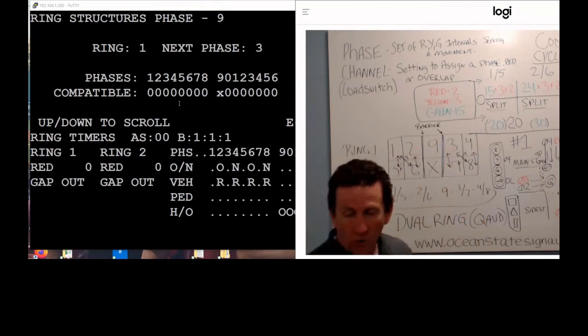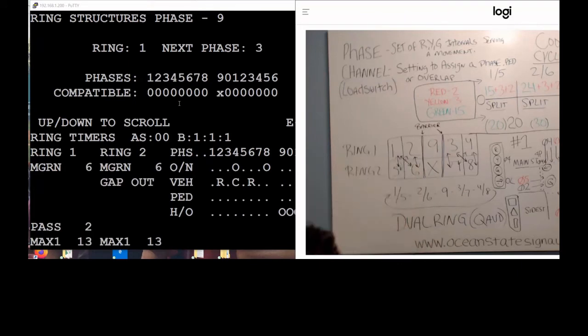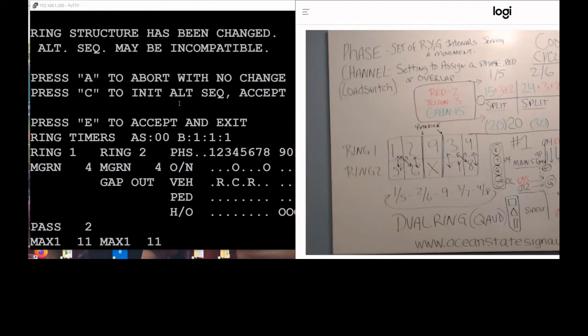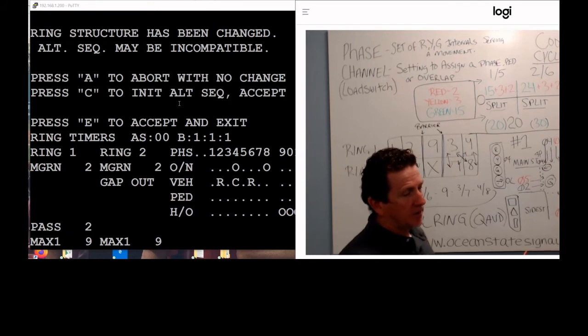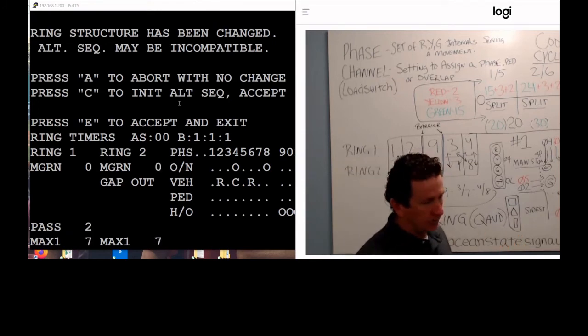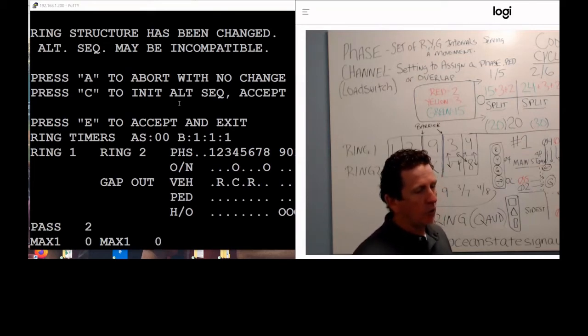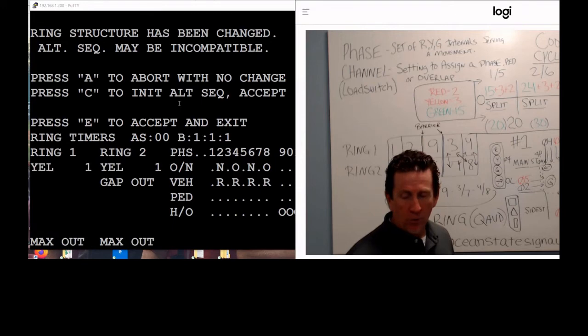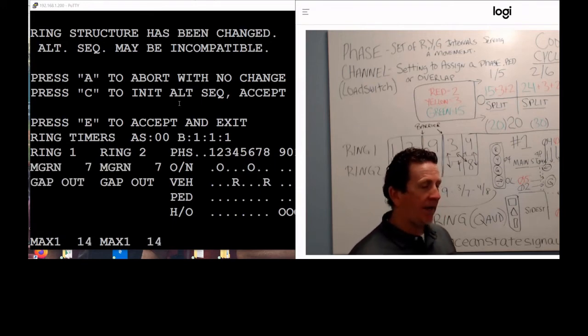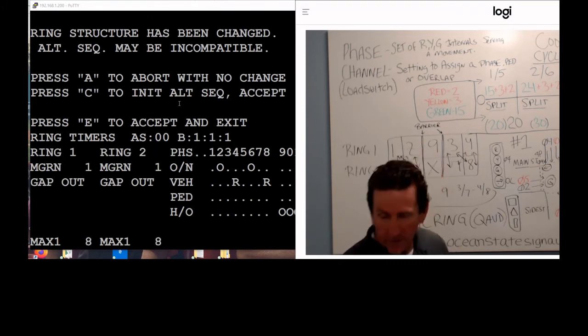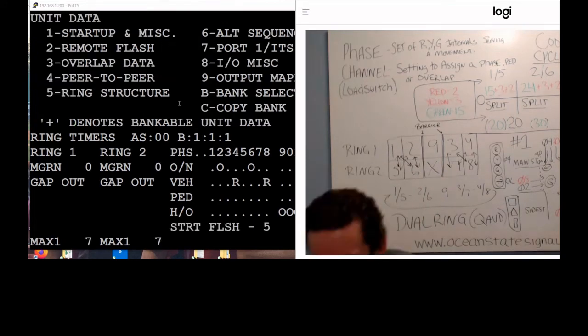Okay? When you're all done with it, if you did it right, you hit the F key, and you'll get these 3 messages. It'll say A to abort with no change, C to initialize, Alt sequence, we're not using that, or E to accept and exit. You want to always hit E. That means you did it right. If you did it wrong, you would have A and B. A would be to abort with no change, B would be to back up because you made a mistake, so you don't have to redo the whole thing. So if I hit E,